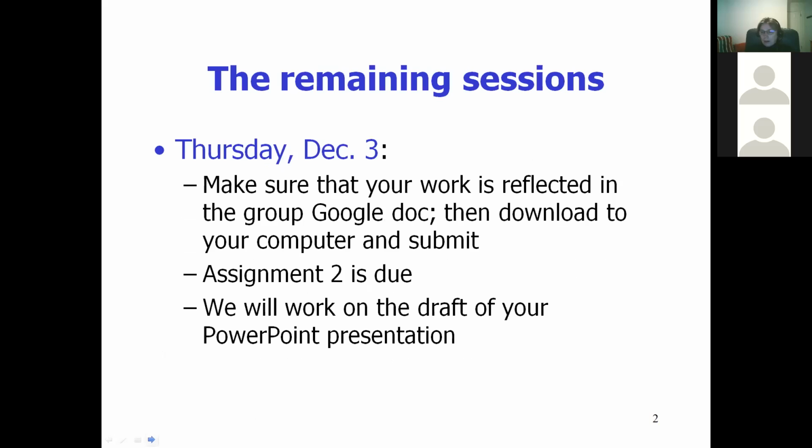Okay, dokie. On Thursday, this is our last Thursday. Remember that you need to make sure that your group Google Doc reflects the contribution of every member of your group. So when you're ready to submit, download it to your computer, save it, convert it into PDF if you want, and only then submit.